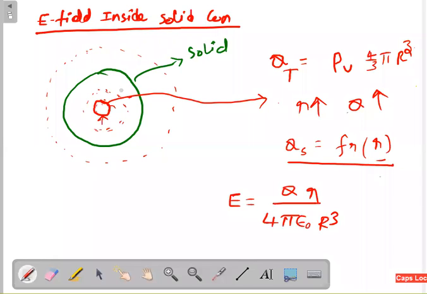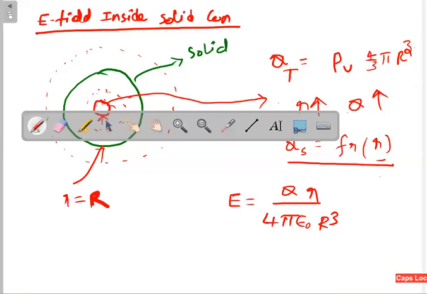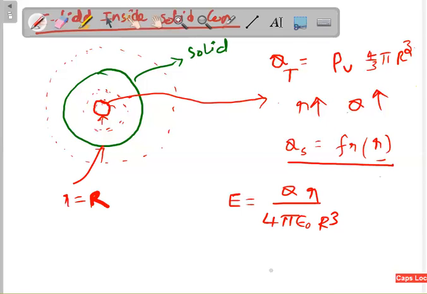Okay, you go anywhere inside here, your small r can be anything. But if you have doubt, say at this edge, what will happen at this edge? Small r is equal to capital R. Small r is equal to capital R. So once you substitute that, what are you getting? 4 pi epsilon R square. Your regular answer you are getting. So once r is equal to R, your regular answer you are getting.